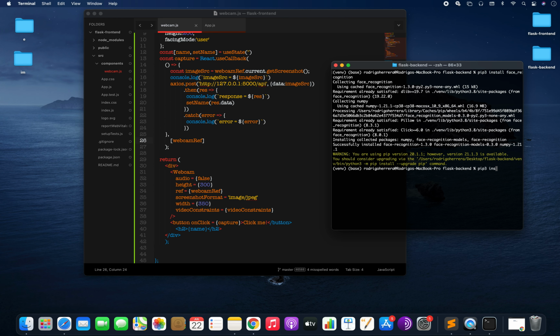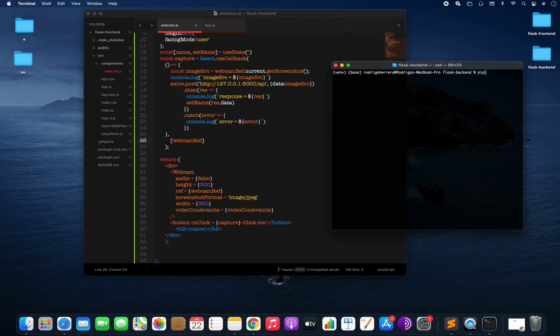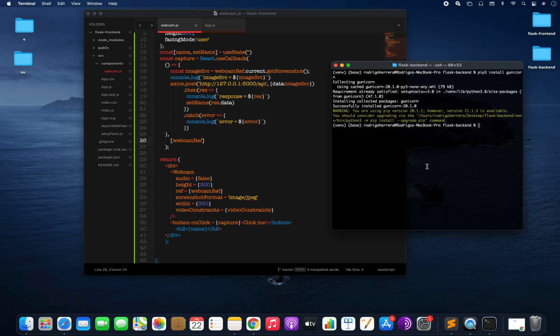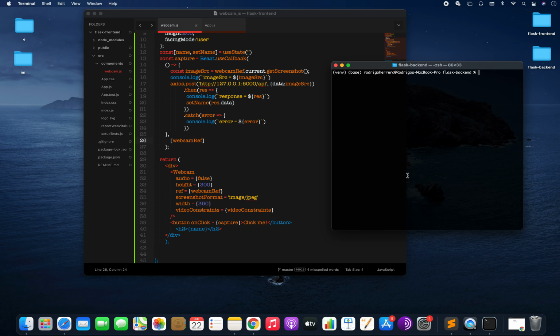Then let's install Flask. Then let's install Gunicorn. We need to install Gunicorn because it's going to be our server in order to deploy to Heroku. And finally, let's install Flask-CORS. This is going to be a dependency to give our frontend access to our backend, basically to allow POST and GET requests. I'll explain that in more detail in a little bit, but just pip install it. Great. Now that we have all of our dependencies,